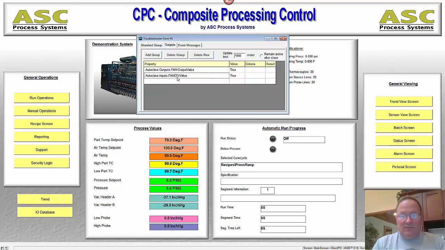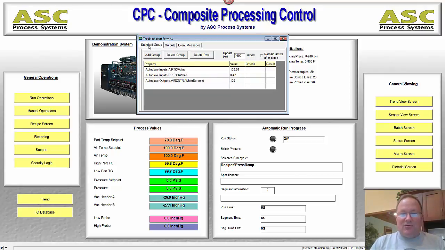Okay. And so here, let's say autoclave.outputs.air control output value. I'll add that. So here we are displaying information, and the original standard group is there as well as the new group. Now, the nice thing about this is it can be used for monitoring, but you can also